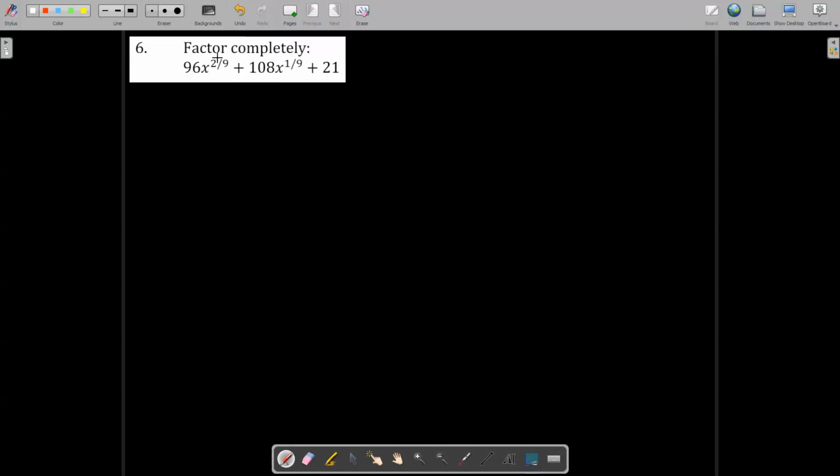As long as the exponent of the first term is exactly 2 times the exponent of the second term, then this is pretty much just a regular factoring problem that you've done 100 times over. 2/9 is exactly twice 1/9. So what we do is this process called substitution. We can pick any letter that we want to. I just use u most of the time, and I say that u is equal to x to the 1/9